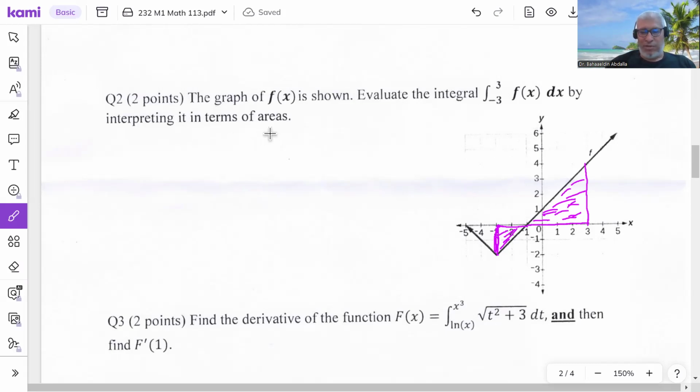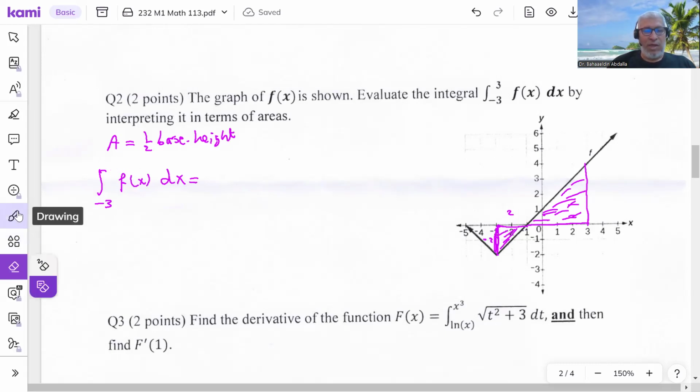Interpreting in terms of areas, you have to use the areas. Okay, so area of a shape. What is the area of this triangle? The area is half base times height. So the base length is 2, the height is -2 here. You know this shape is below the x-axis, so the height is negative. So the integral from -3 to 3 of f of x dx would be equal to,